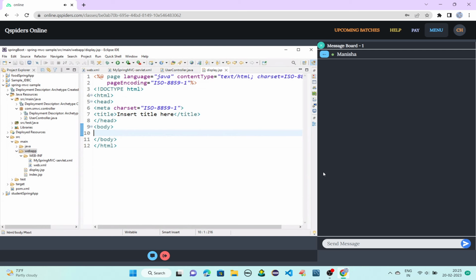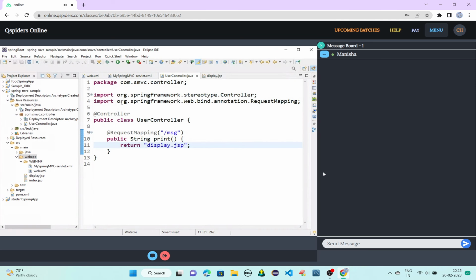I'm just mentioning a simple message as of now: Hi, welcome to Spring MVC. So try to create a user controller and a display.jsp, and then I'll execute and show you the flow.